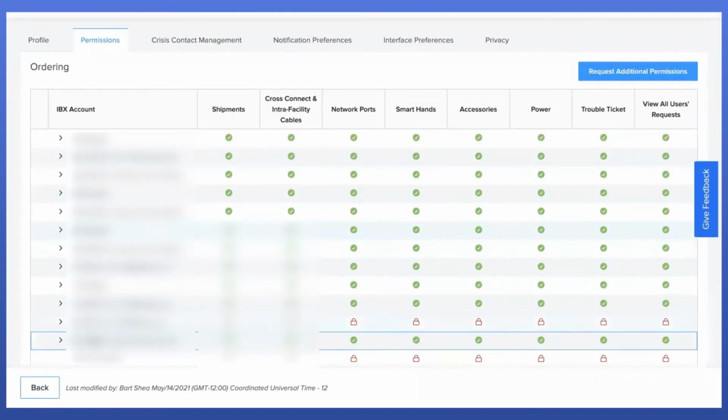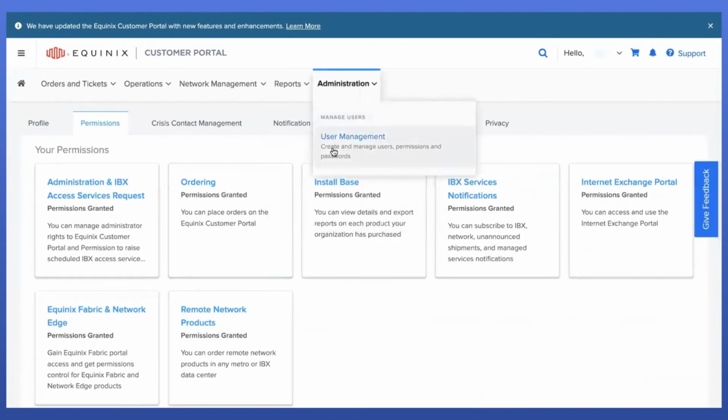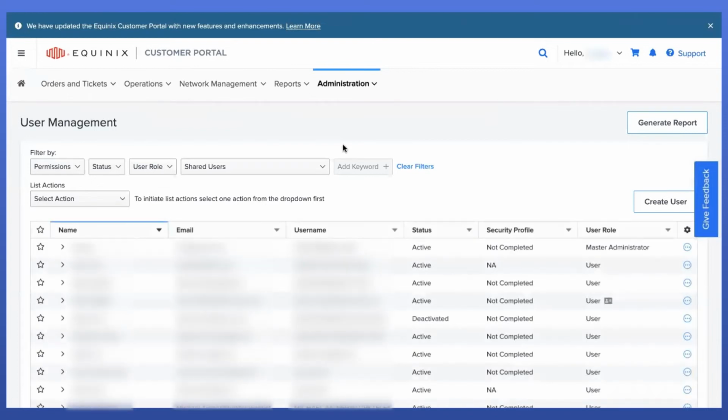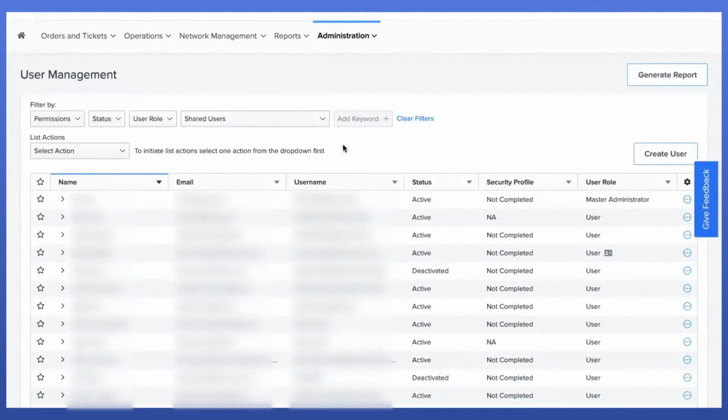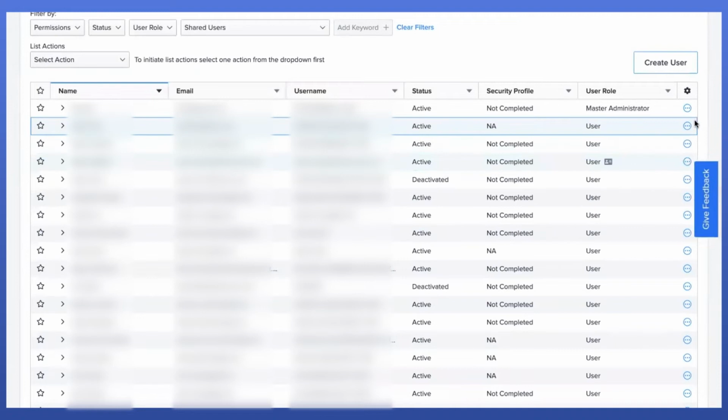One key thing to note is this user does not have the permission for AT4. All right, and let me go to the administration tab to view all the users in this organization. So an IBX admin can view all the users in the same organization. However, when I want to do an action, okay, this is a master admin, you will notice